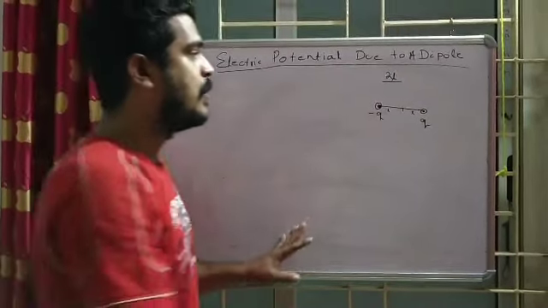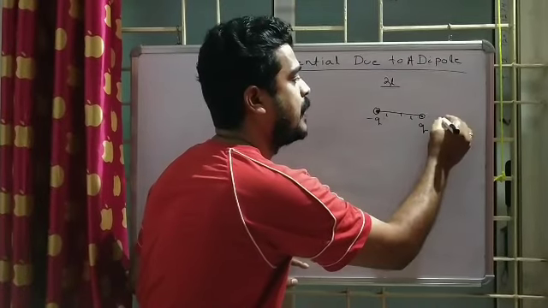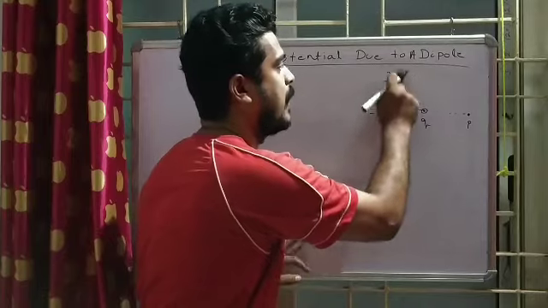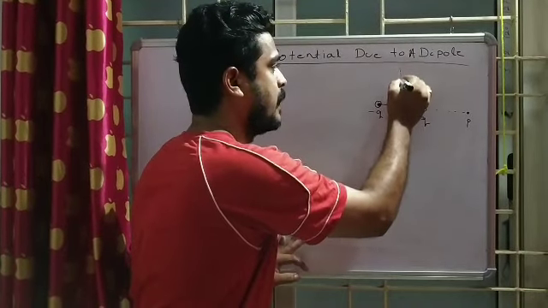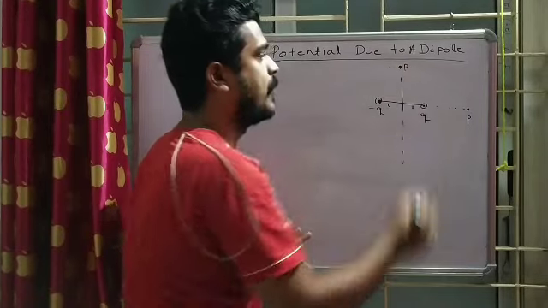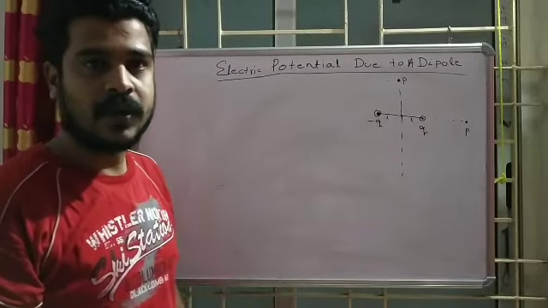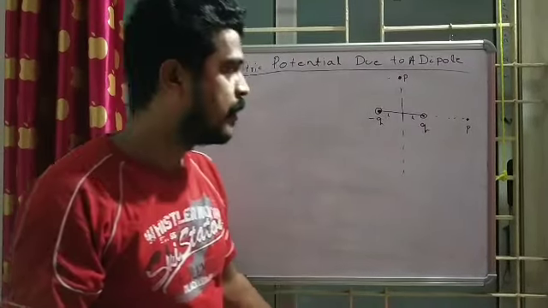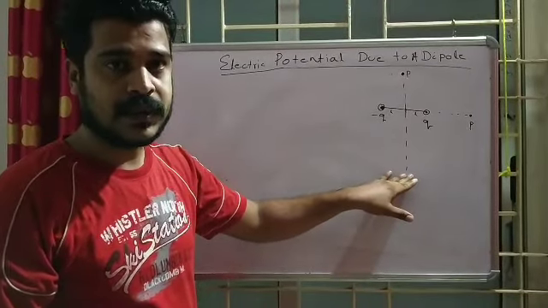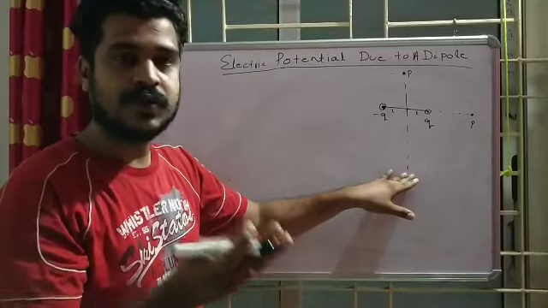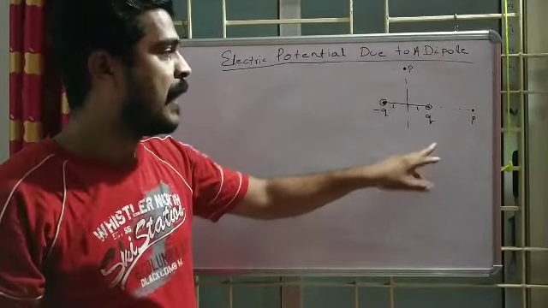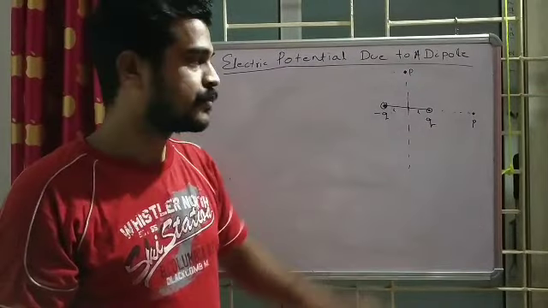So here also I will set a point on this line. This is the axial line, and this line is the perpendicular bisector line, or transverse line, or you can say equatorial line. These lines have many names, so don't get confused by the names. It is known as the equatorial line, perpendicular bisector line, transverse line, and this is known as the axial line.